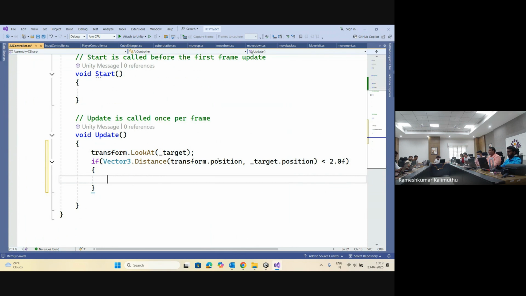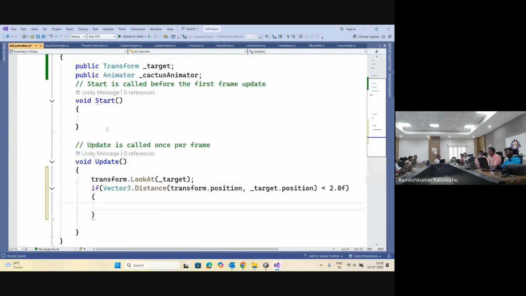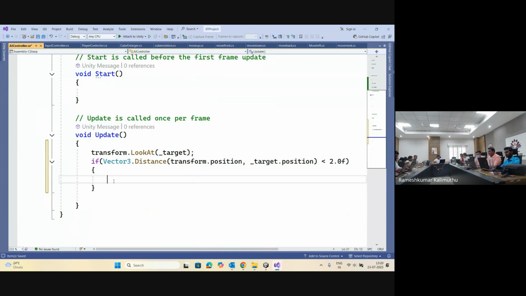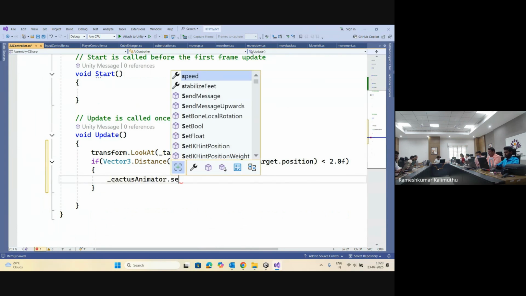I am going to find the distance between the cactus and the target. Target is player. If the distance goes less than 2.0, then immediately let me call the animator